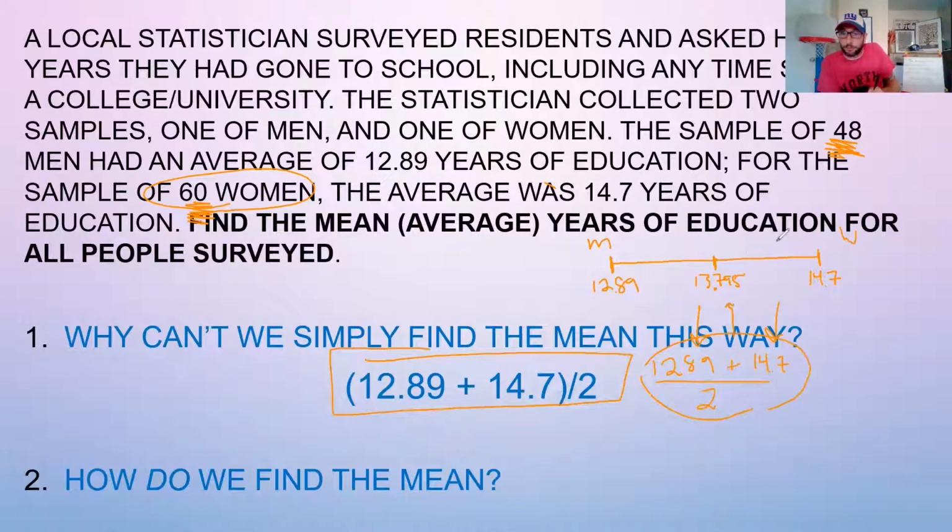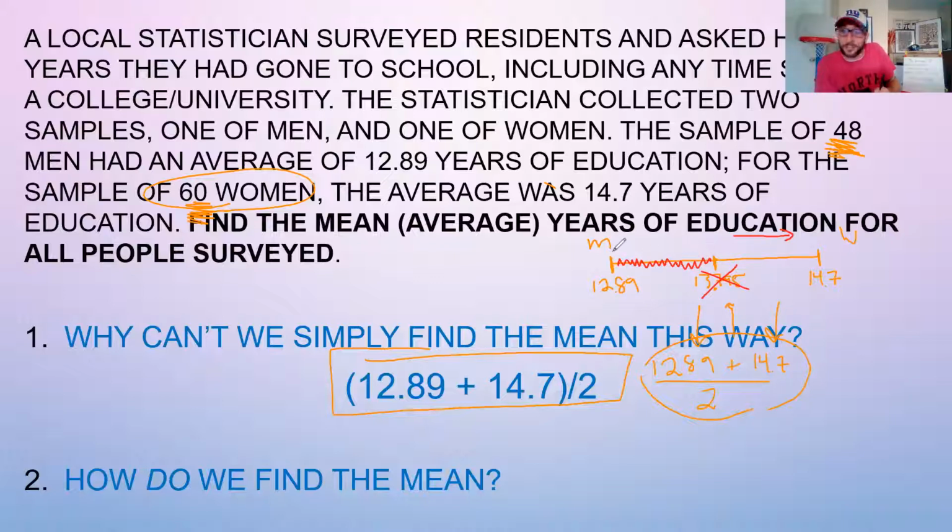So the actual final answer should be closer to this 14.7 than to this 12.89. So if you were doing a multiple choice, you could cross off 13.795 because the sample sizes are different, so the average isn't right in the middle. And you could cross off anything that's over here, that's between 12.89 and